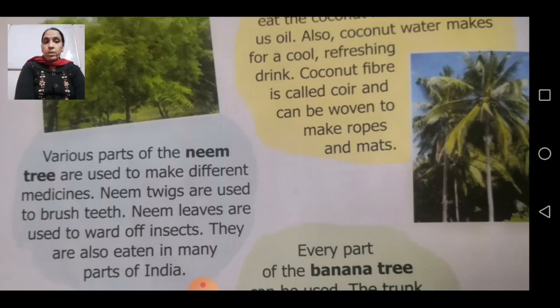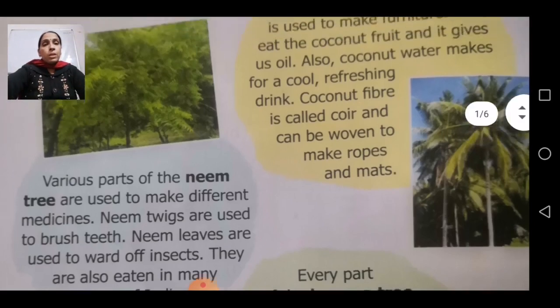So again, all these 4 points that are related to neem trees are very important. Whatever uses we have done, that are related to the neem tree, all these uses are very important, so you all will remember these uses. And after that we are going to move to the next one, that is your